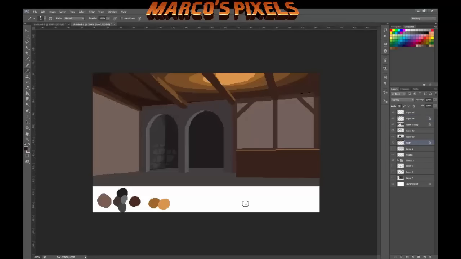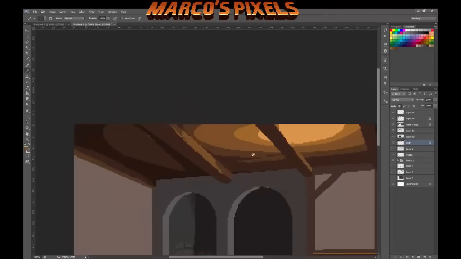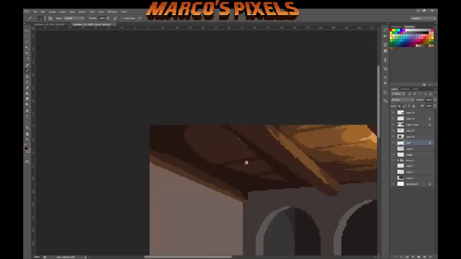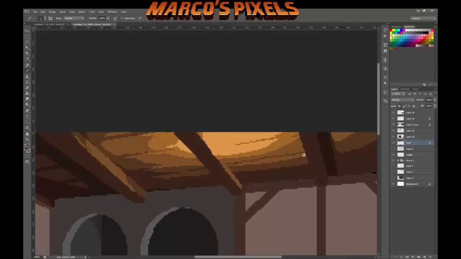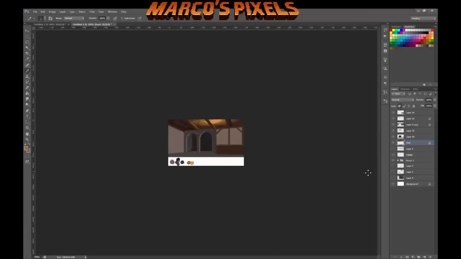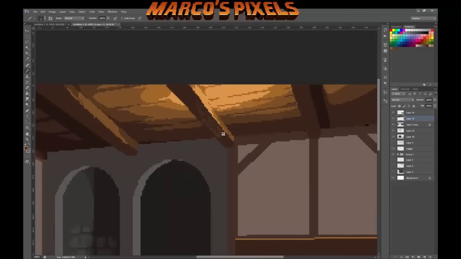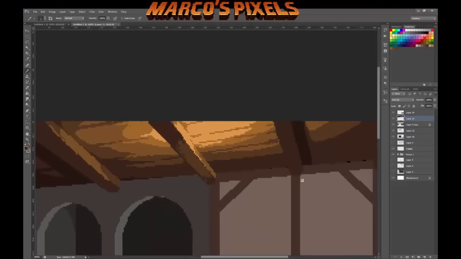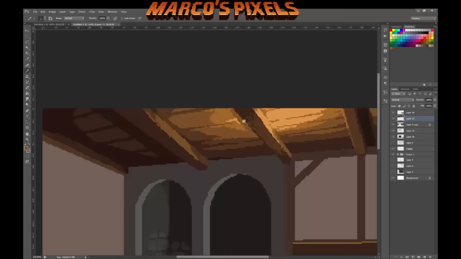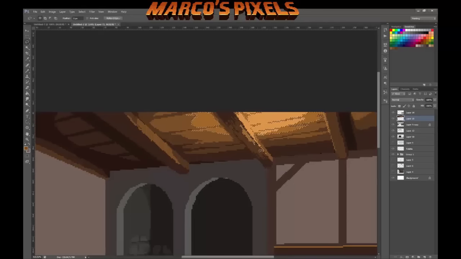So what I'm doing now is just adding a few more shades and some cast shadows, figuring out what parts of the ceiling still get the light from the chandelier that's going to be hanging. And by adding these lines here, I'm able to do two things. One is to break the monotony of those circles, of those ellipses of shading. And the other one is I add texture. As I add texture, the scene starts to look like it's made up of solid objects and not just flat shapes. You get a little bit of texture, you get a little bit of light bouncing off,